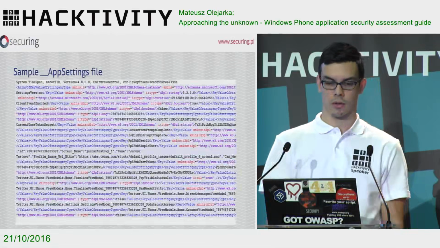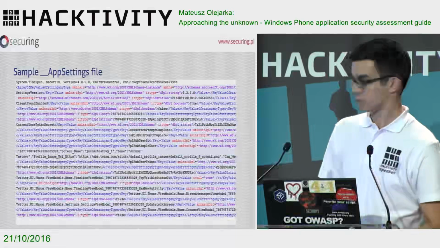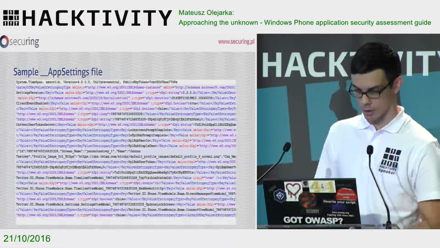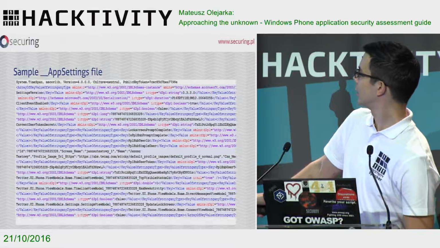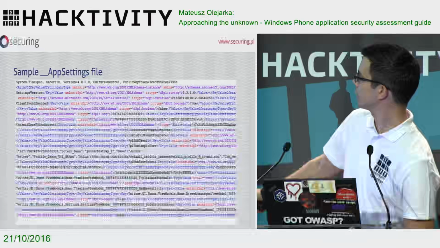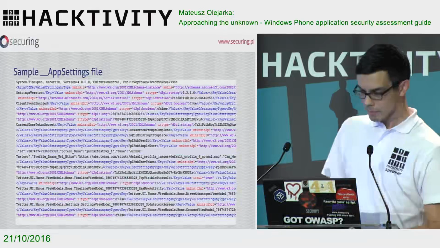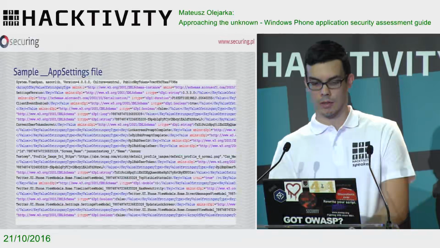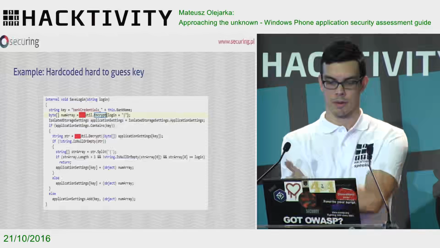This is the underscore application settings file from the Twitter. I will show the site quickly because this is my test account, but I think some tokens are here. There are, as you see, key and the value. And those are application settings. This is the one file. Okay, this is the funny example.